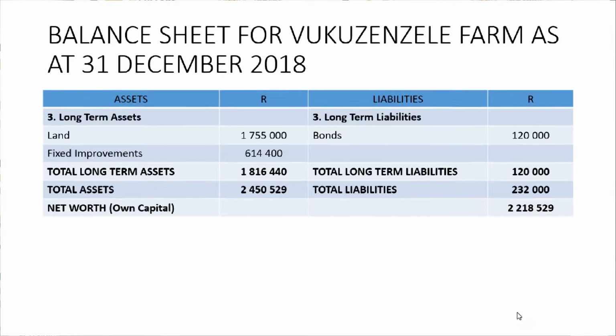The bond was from the land, which means that the remaining amount of money that was left after Vuk'uzenzele paid for the bond was 120,000. The total liabilities, which covered the total current liabilities, the total medium-term liabilities and the total long-term liabilities, was